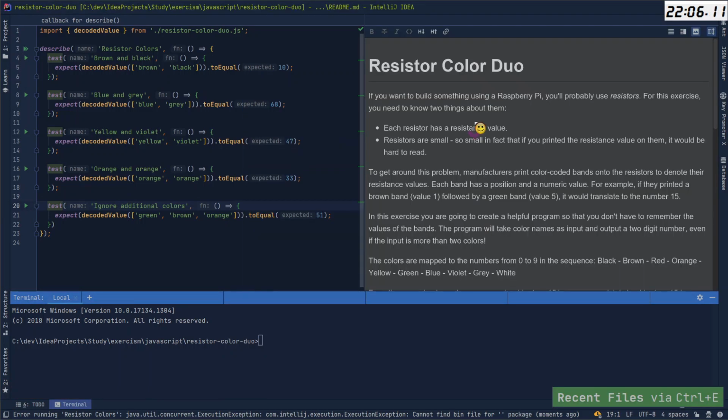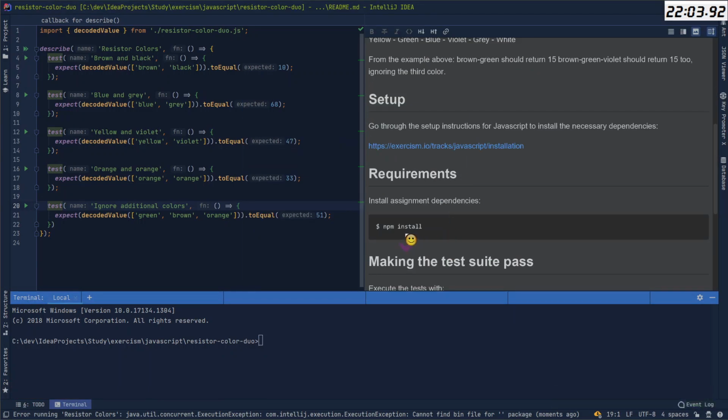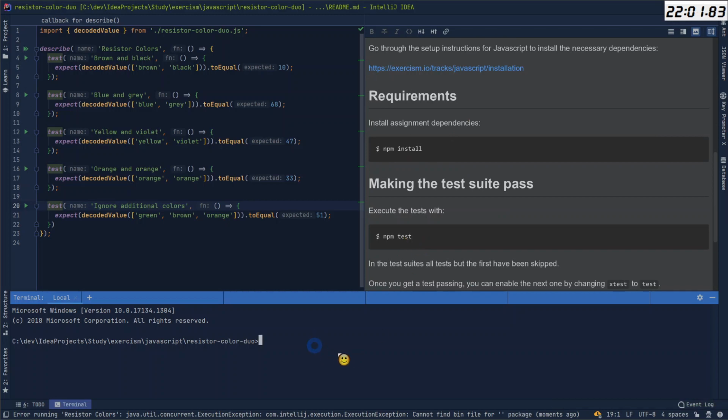If I go to README, here is the npm test. This is how I will run it.